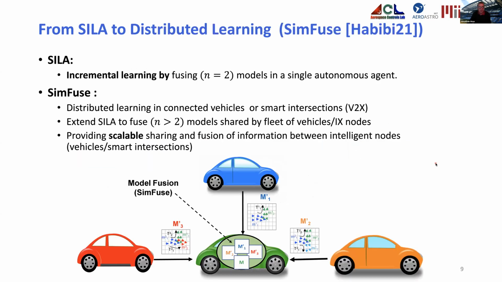As we begin to expand that into thinking about things that go beyond the size 2, we ended up with a more recent paper that came out this year. It's called SimFuse, where now what we're thinking about in this particular case could be autonomous vehicles, or different nodes at an intersection. Again, a similar thing is happening where they're each developing their independent models, but if they have an opportunity to combine and fuse information together, so the green vehicle here collects a bunch of information from other objects or other agents,